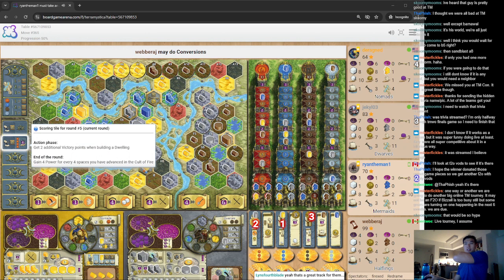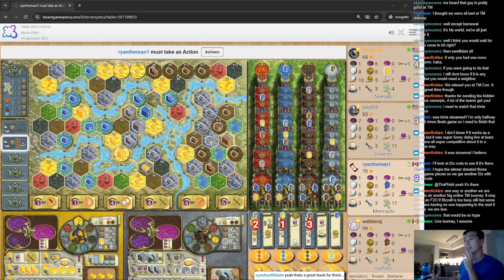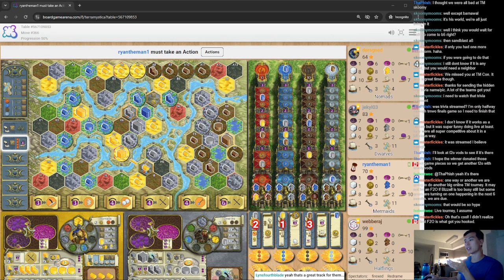I don't think Weber's going to be doing that much disruption during this next round. He was a little bit disruptive blocking this pass tile instead of the dwellings pass tile, but